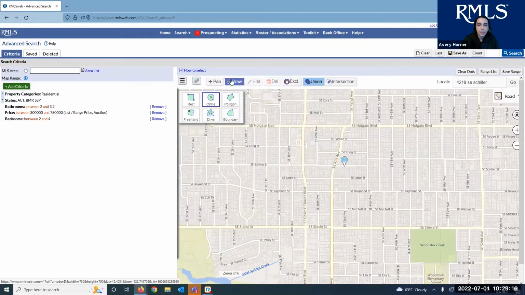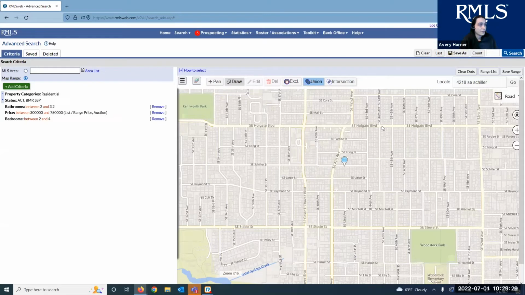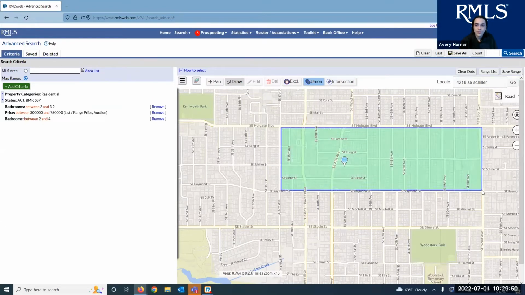So when you click this draw button, it's going to open up a little tiny window that has these 6 options in it. I'm going to go through these one at a time, starting with the rectangle, which is another familiar tool if you've ever opened MS Paint, Paint.net, or Photoshop. When I click, it's going to place our rectangle, and we can click and drag and stretch it and make a little rectangle area where we want to search. And then when we let go, when we click again,